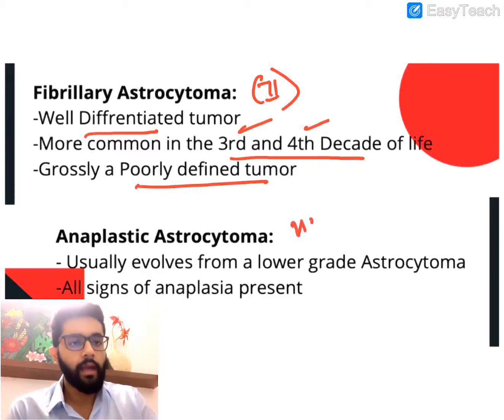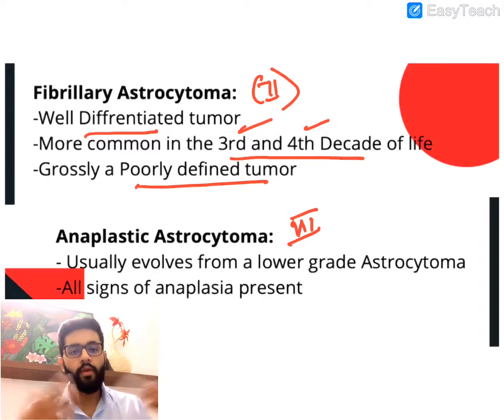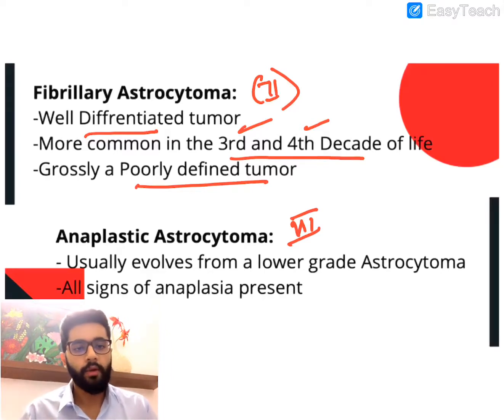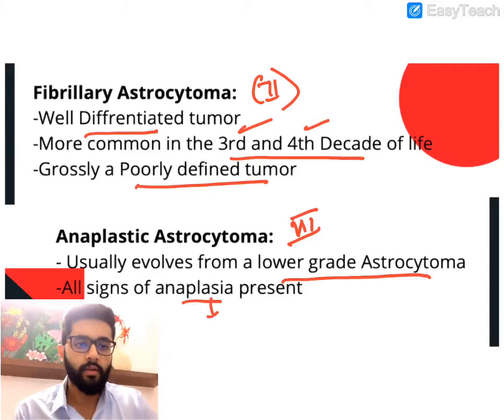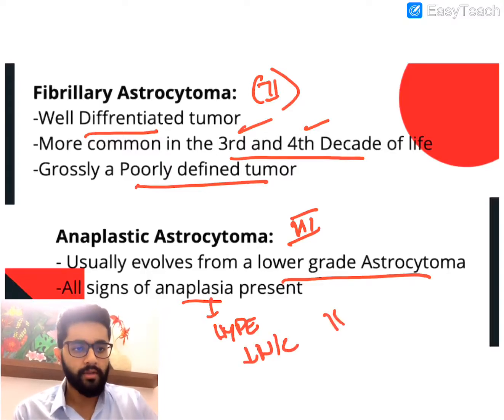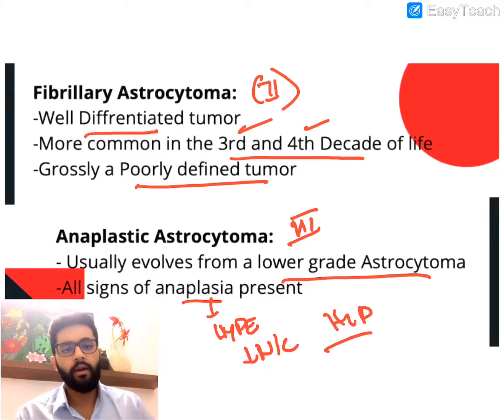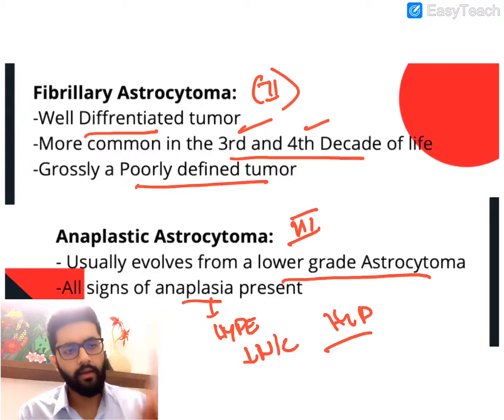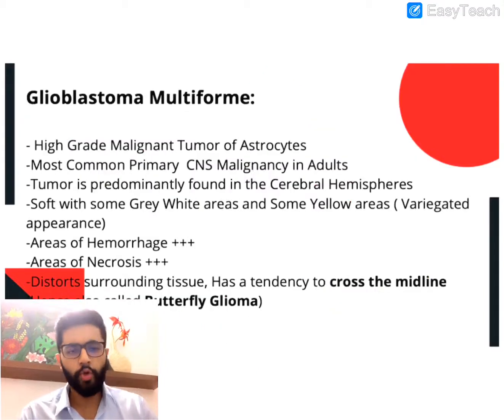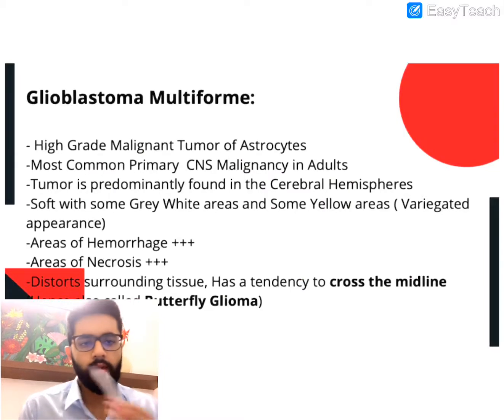Now grade 3 anaplastic astrocytoma. So this is a more malignant tumor, and it usually evolves from the lower grade astrocytomas. Okay, so all you have to remember about grade 3 astrocytoma is that now the tumor is completely anaplastic. So all your features of anaplasia, which include the hyperchromatic nucleus, decreased NC ratio, hypercellularity, loss of normal cellular architecture, so pleomorphism, all these things are seen in grade 3 anaplastic astrocytoma. Not too important from the exam point of view, it's just here for completion's sake.